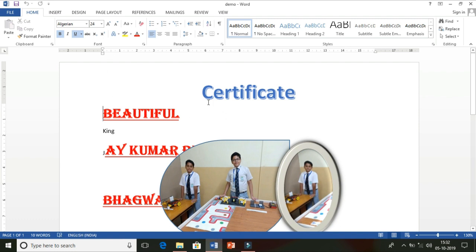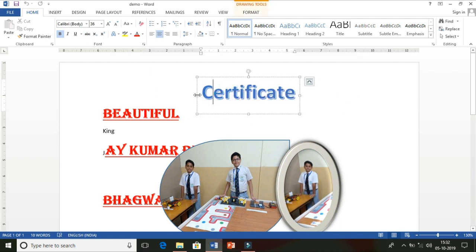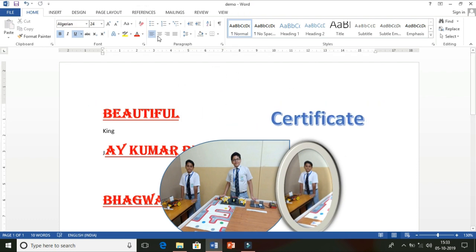Now the next option is header and footer. Header is given at the top of every page and footer is given at the bottom of every page. Footer generally includes the page numbers, created by, or author name. Header includes the heading of the company or any important topic or main topic you can write inside the header option. So how to do this?